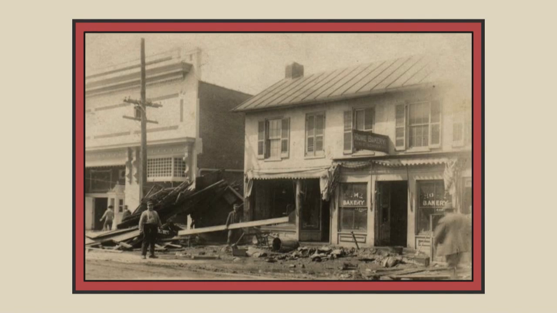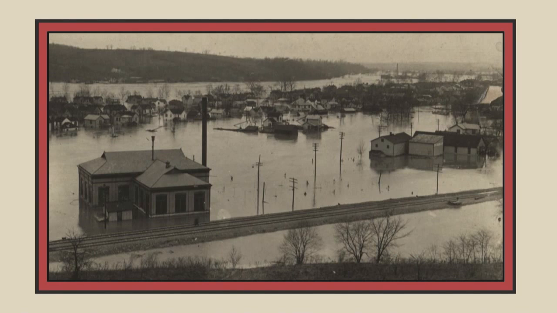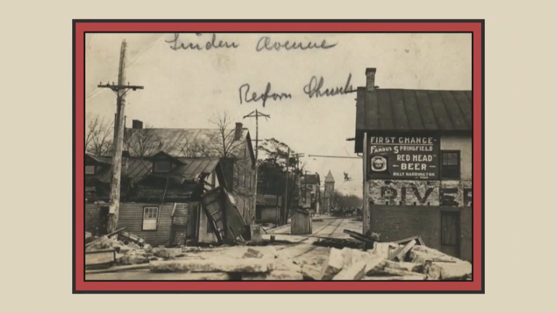Take a look at these flood pictures from Dayton. Here you see a bakery, and you see all the debris in the street after the flood has receded. Here is a picture of homes that are all flooded along the banks of the river. The river's in the far distance, but the overflow, the flood, has come into these neighborhoods. Only the railroad tracks stand up above, and that's because they're elevated. And then here's another street from Dayton, and you can see all of the debris and devastation from that flood.